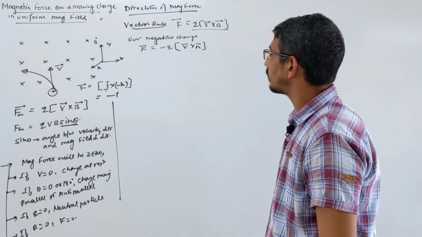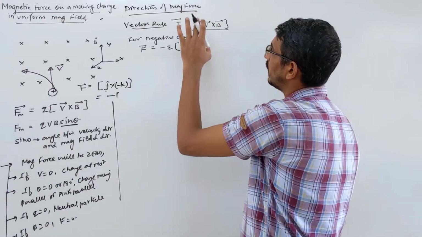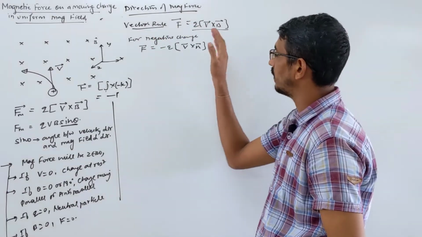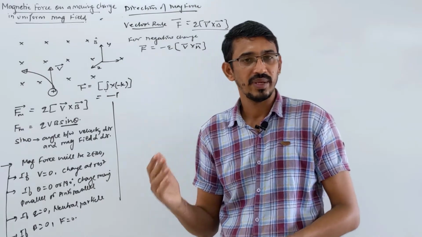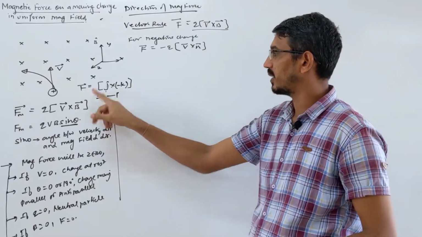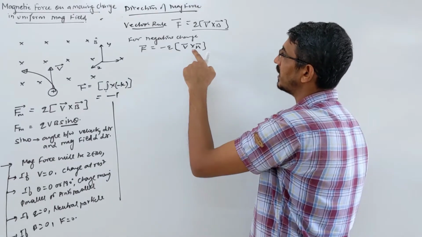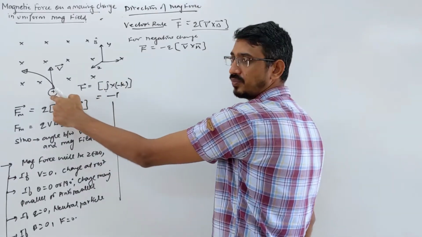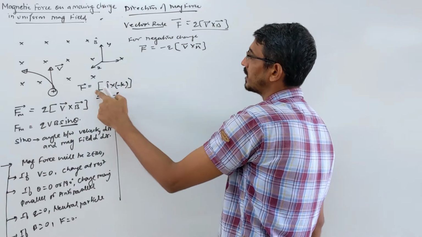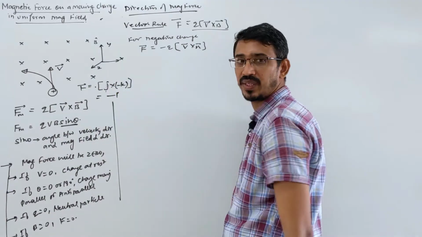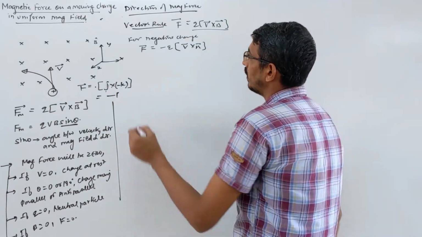Okay. So this is one rule, what? Vector rule. Directly, you know direction of velocity, you know direction of magnetic field, then you can take the cross product, that gives direction of the force. Then hand rule also we have, okay? And I told you it's negative charge. Suppose this was an electron, okay? Negative charge, then you put a minus extra outside here, okay? Yes, one minus sign.